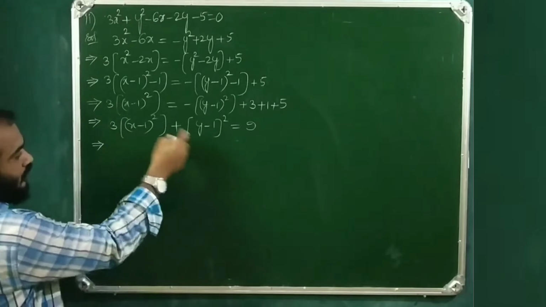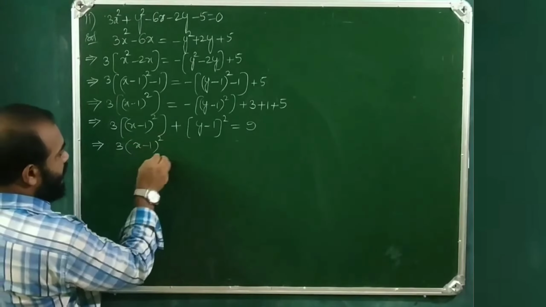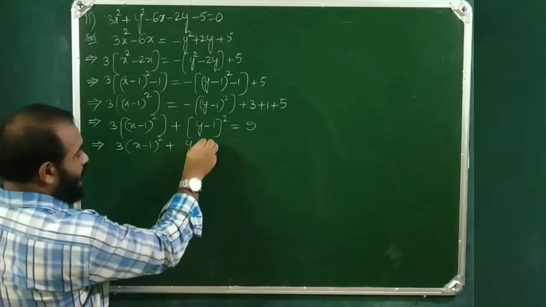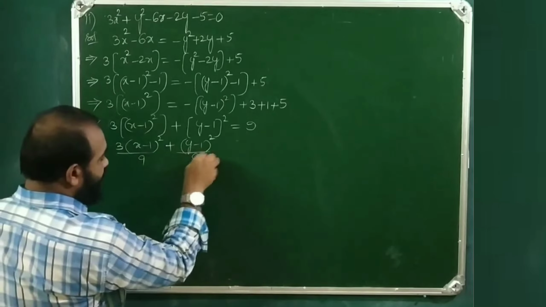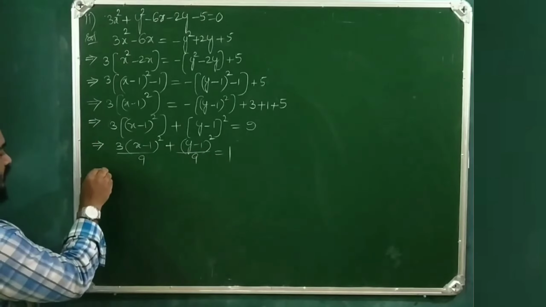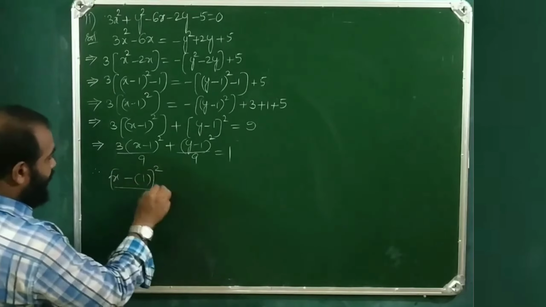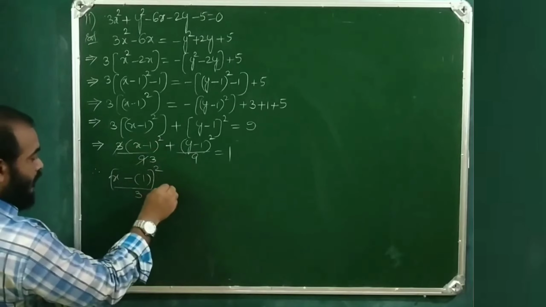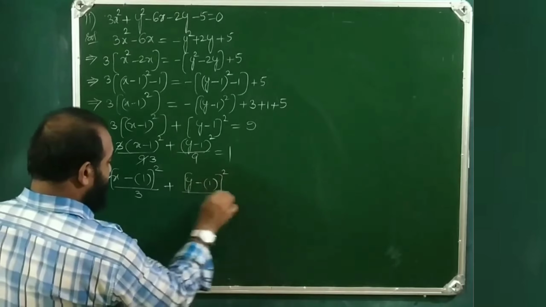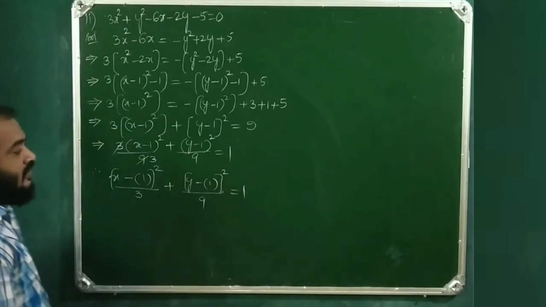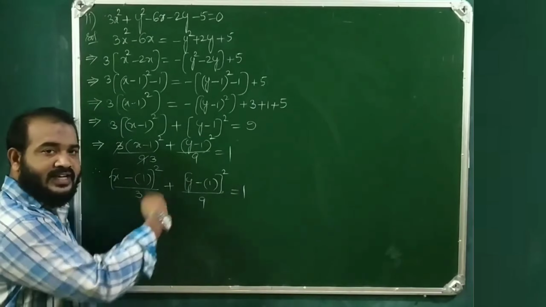So this is equal to, if you divide by 9 on both sides, then this is 3 into (x minus 1) whole square plus (y minus 1) whole square by 9 equals 1. Therefore, this is (x minus 1) whole square by 3 plus (y minus 1) whole square by 9 equals 1. Unlike the previous case, where A is greater than B,